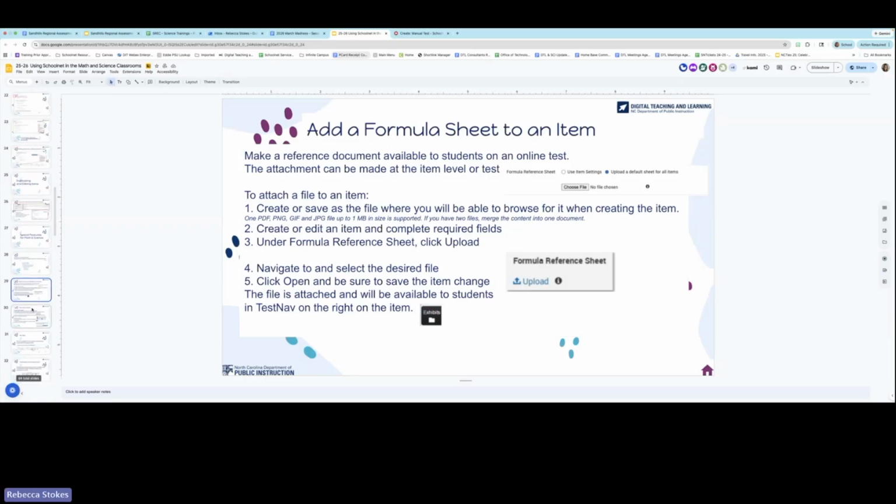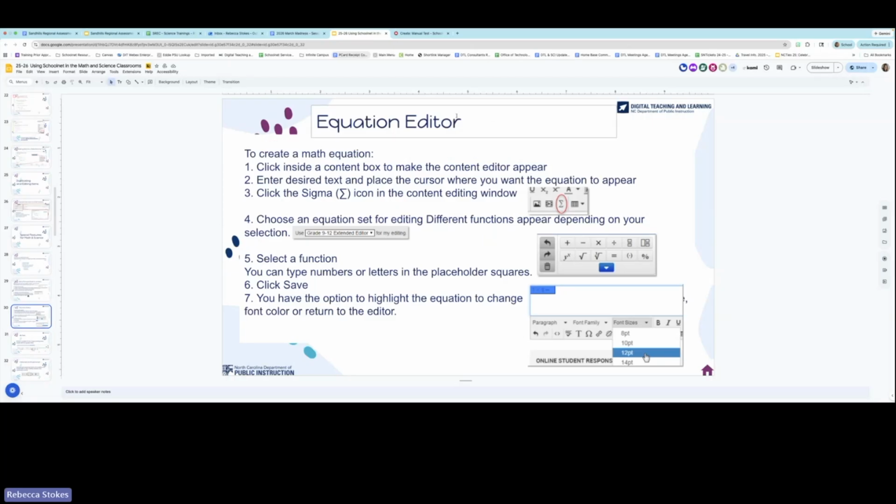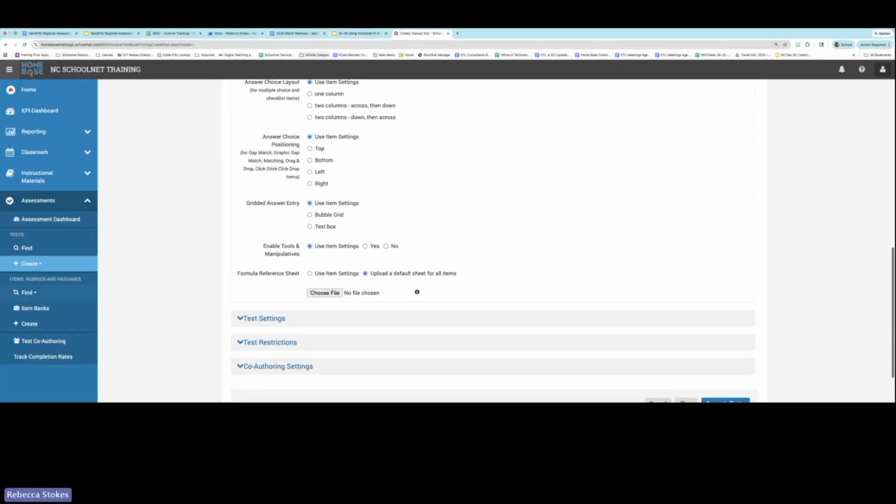All right. So another thing that we want to point out, especially for our upper sciences, like with chemistry, but then for our math as well, is that you can either edit an item, or if you are creating your own, Schoolnet does have an equation editor. So if I go back,